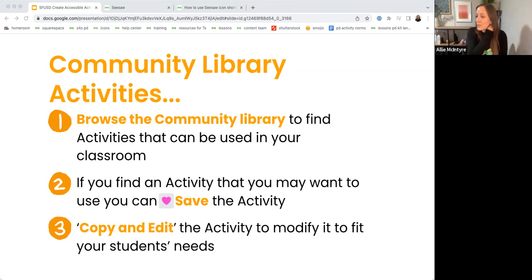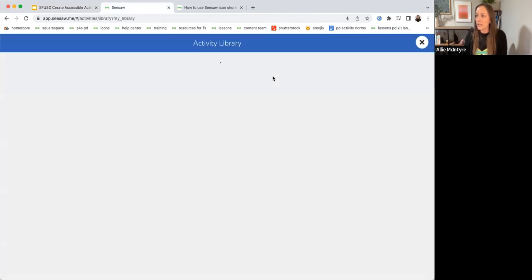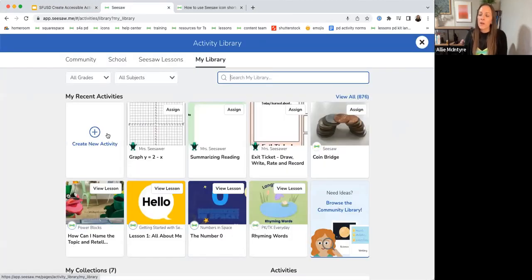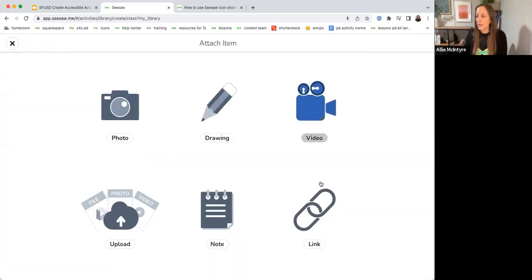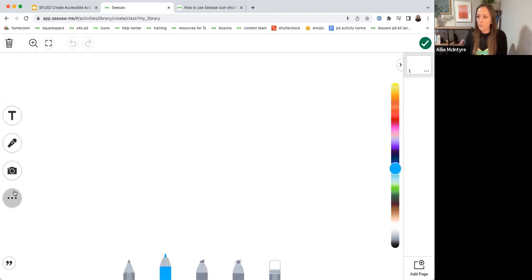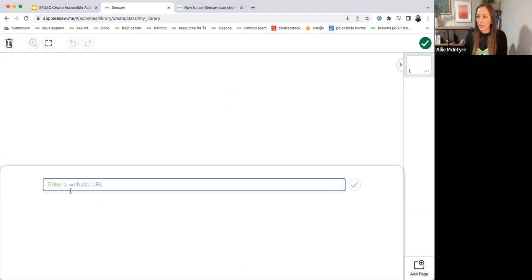Yes, you can insert YouTube videos to Seesaw. You would just insert a link, which I'll actually be showing how to do in the digital portfolio session next. But I can show you really quickly. The video itself doesn't play, but a link is provided. So you can either here for the template do a link, or if you're inside the drawing canvas, you can do a link here. If you put the link to YouTube or whatever the video is, it's going to pop up as a link and the student would click on it and it would take them out to YouTube. It doesn't stay within Seesaw.